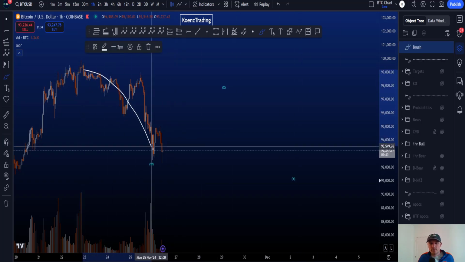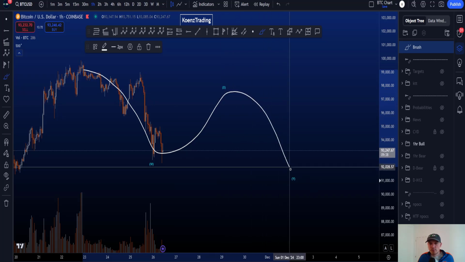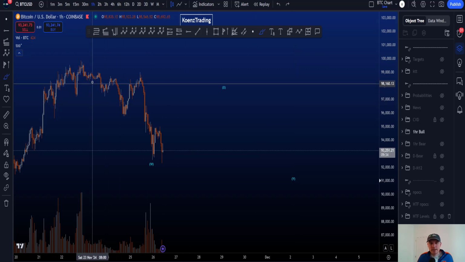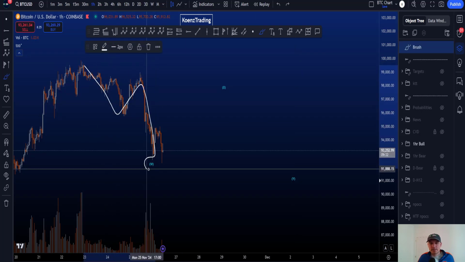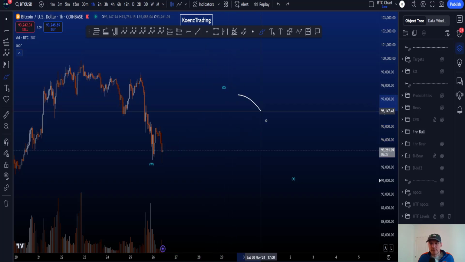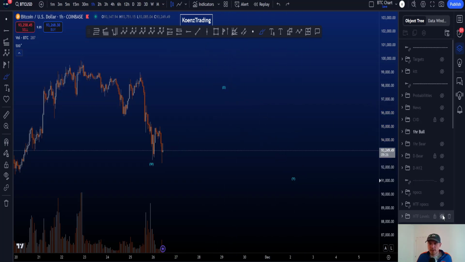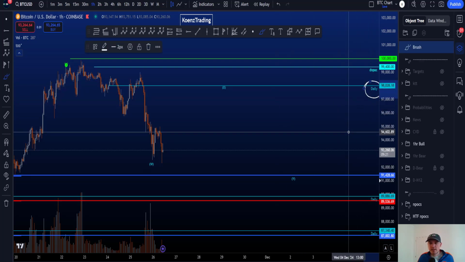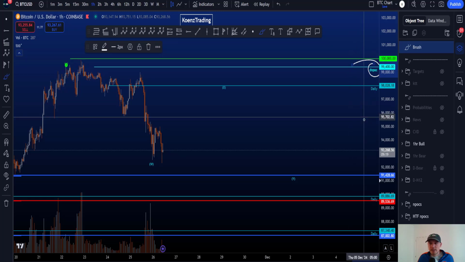Alternatively, you also have a sideways double combo, a WXY, and then look for price to move towards the upside. In this case, you then have a zigzag ABC in your wave W, look for a bigger bounce and range in a wave X, and then price to move to the downside in a wave Y. The resistance area to the upside is a daily here at 98k, and then the daily naked point of control